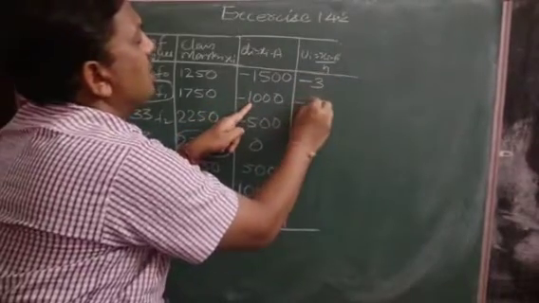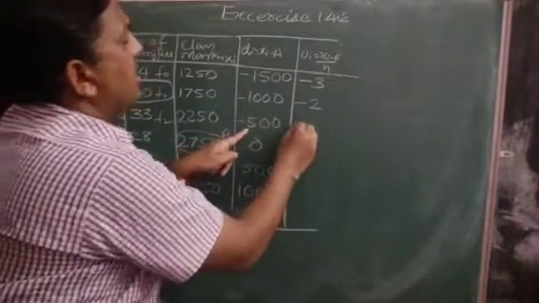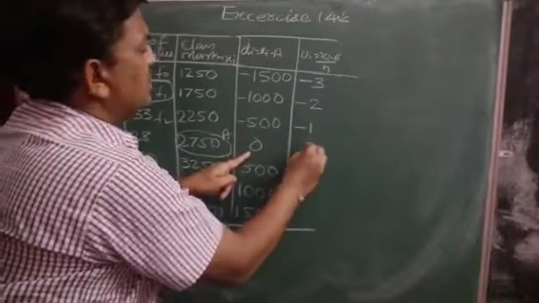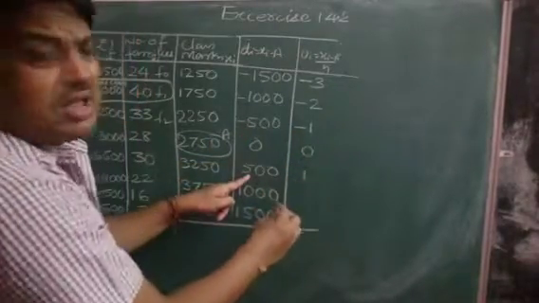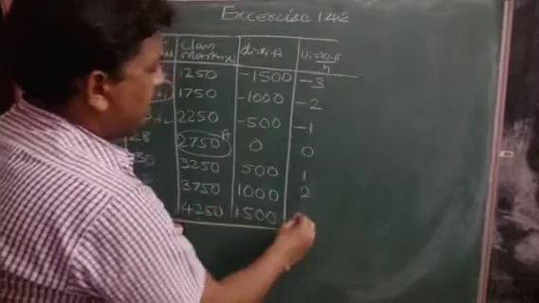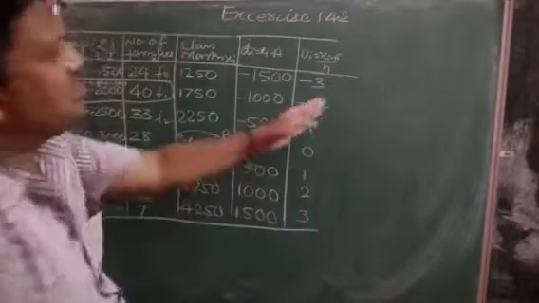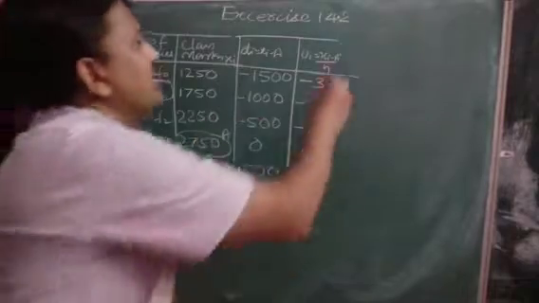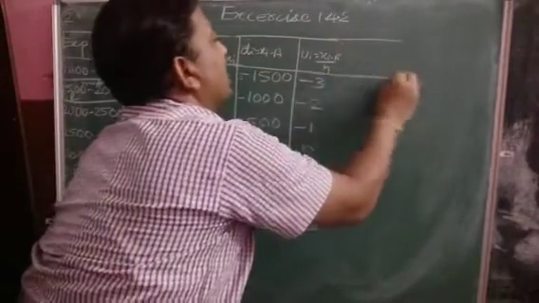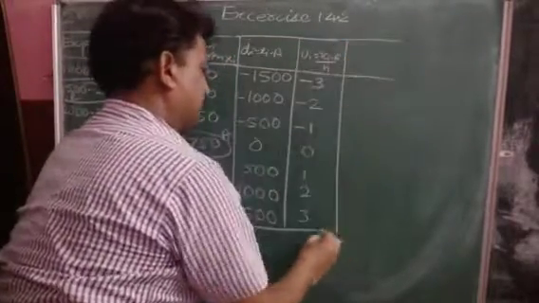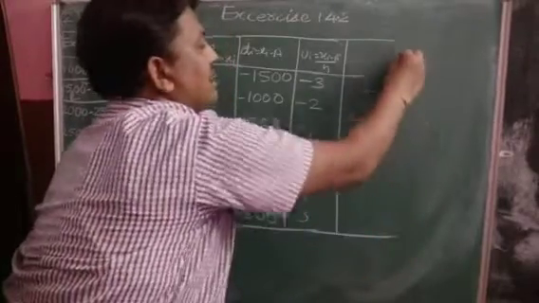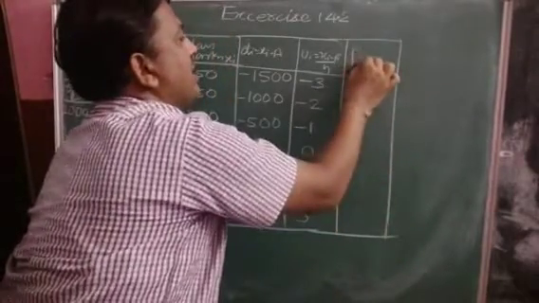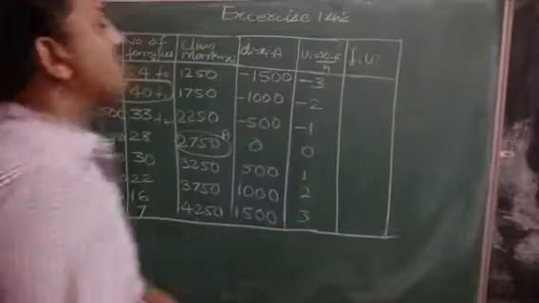Minus 3. Minus 1000 by 500. Minus 500 by 500. 0 by 500. 500 by 500. 1000 by 500. 1500 by 500. It's not so simple. Why unnecessary 1500? This much big calculation. So, and after that, the last step left is, you know what is the last step? Fi ui. So see how simple.